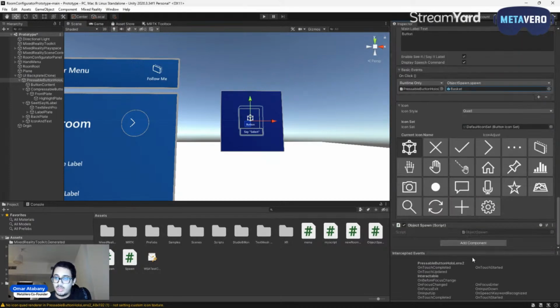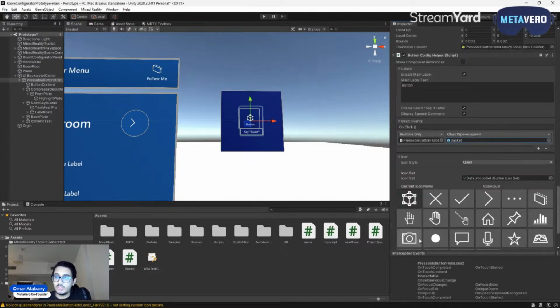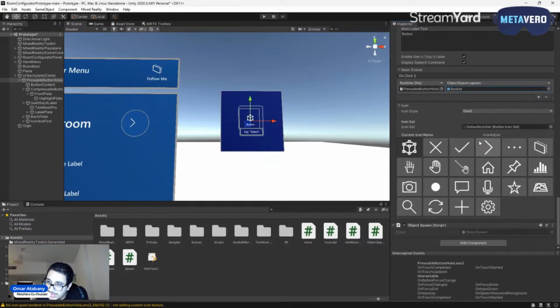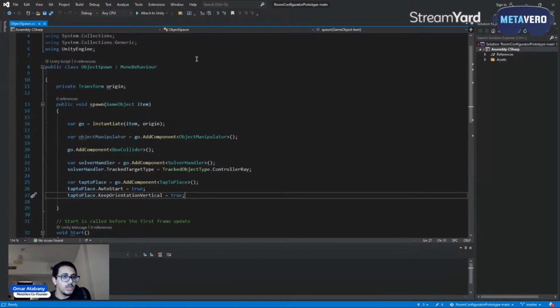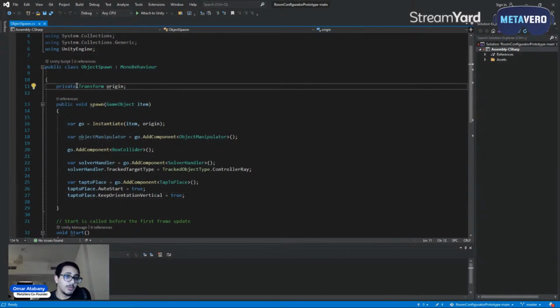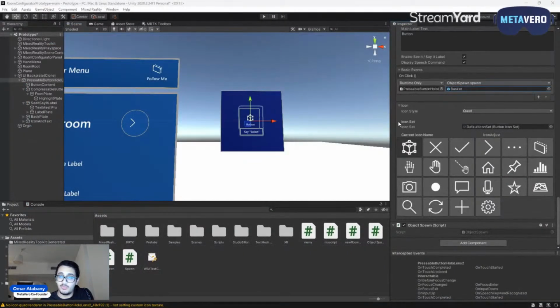Now, you're going to ask me about the origin. Why did it not show here? That means that we have not established it properly. Because if you take a look at the code here, you'll see that we have made it private. And if you make it private, it creates a problem. We want it to be public. So public, make sure to save. Now, if we come back to our code and reload the script,